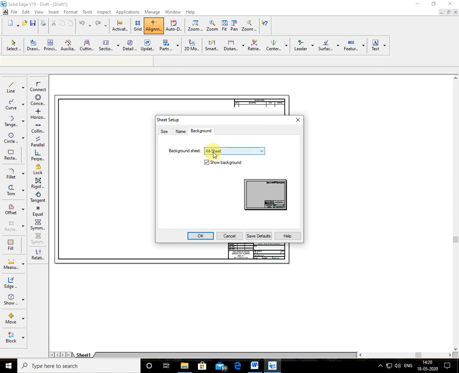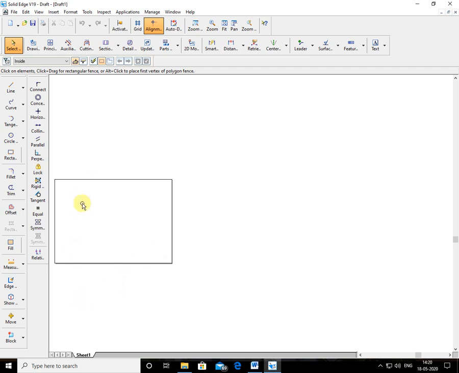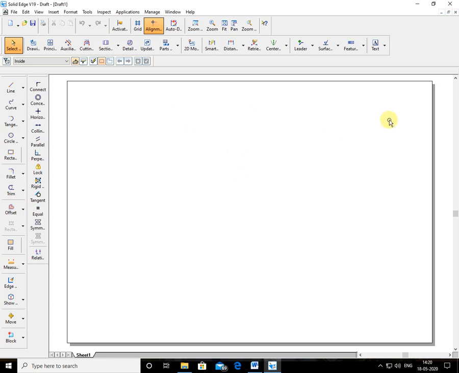Set sheet to A4. You know all these things, that's why I'm not explaining much here. A4 size, show off the background, then save default, means it will show the same option A4 and the background for next time when you open. So it will be set to the A4 sheet now. I'll fit to the screen. So this is the A4 sheet set.